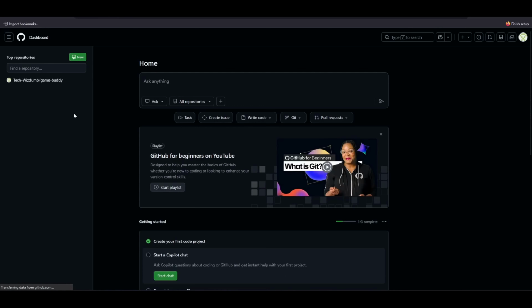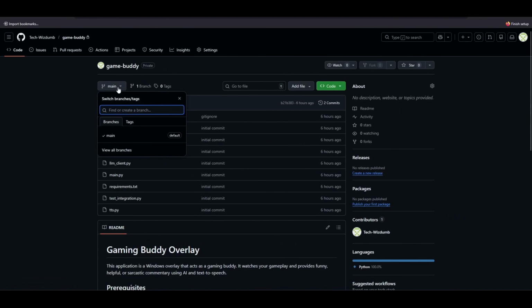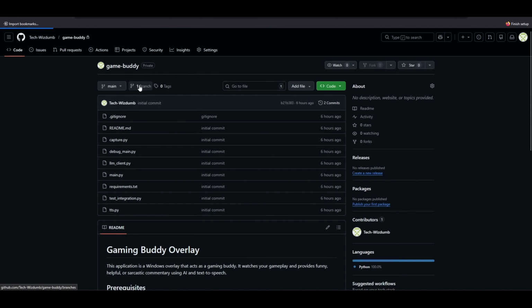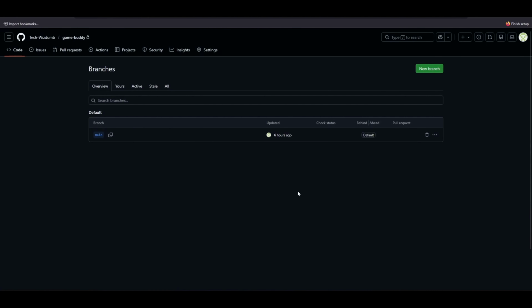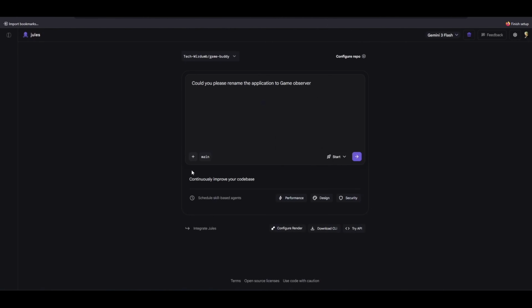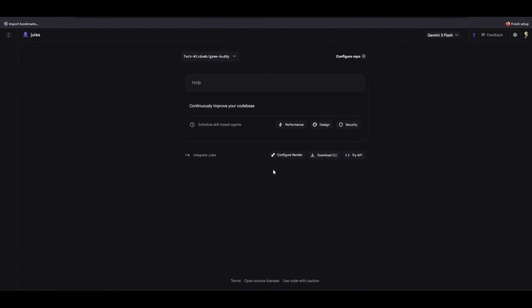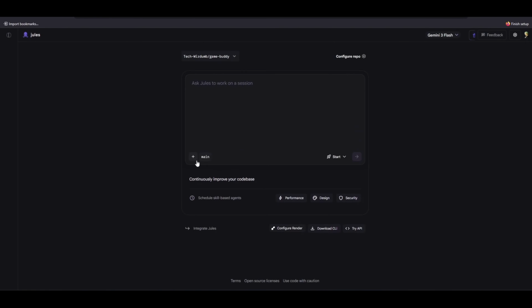But before that, let's create a new branch so it should not affect the main branch. Let's name this feature slash new name and create branch. So ideally, Jules should be creating a branch when making any changes, but just for safety purposes, I had created a new branch, and I'm going to select that new branch, and then I'm going